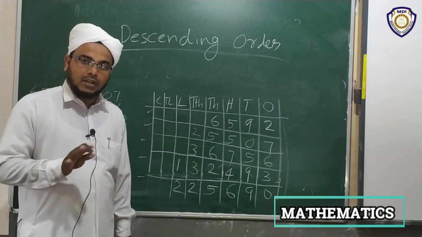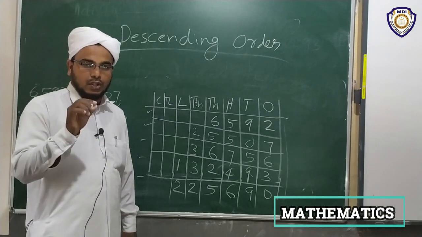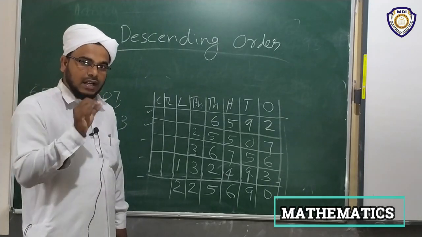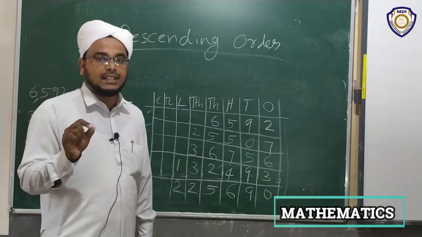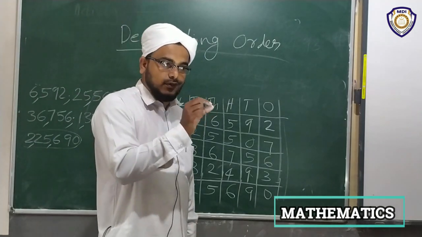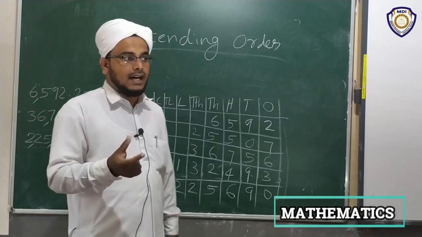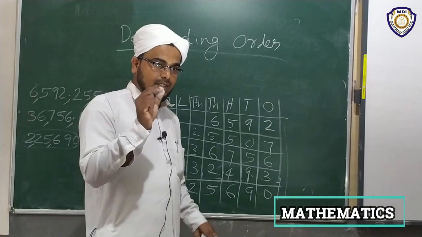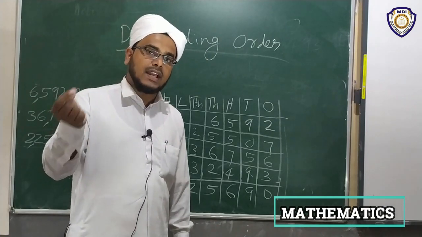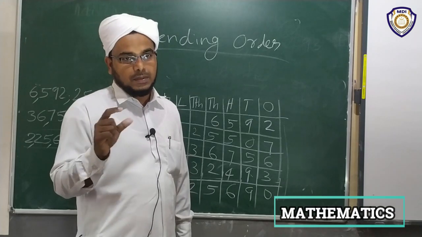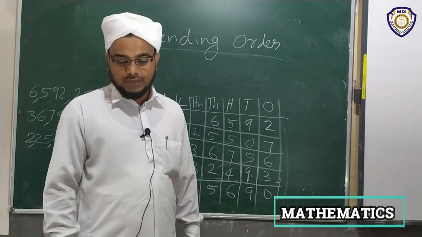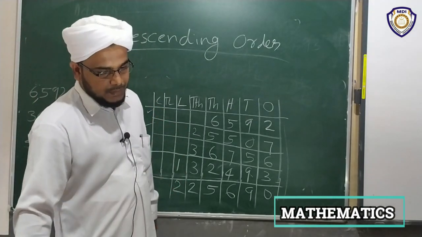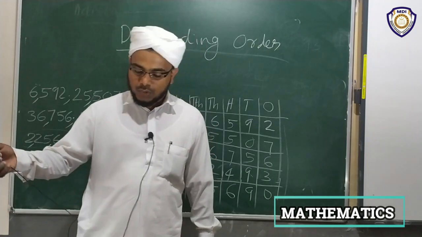Ascending order and descending order are very simple if you are familiar with finding the smallest and largest number, if you have studied the rules of finding smallest and largest and the steps of finding the ascending and descending order. Please listen to this video carefully and repeat watching it, then it will be very simple. Okay? Please look at this table. If there is any doubt, you can ask.